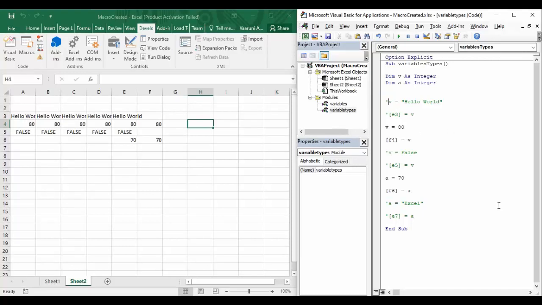So one more thing, if you do not want to use that uncomment option and you want to uncomment any piece of statement, then you can simply remove this sign that we added for commenting it, that's the single quote sign. You can simply remove it and the statement would be uncommented.